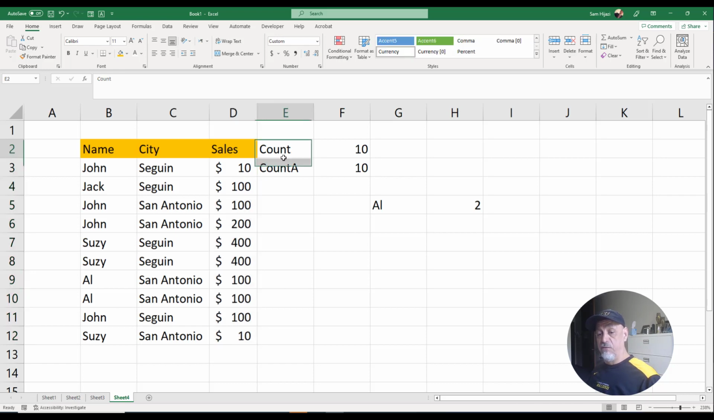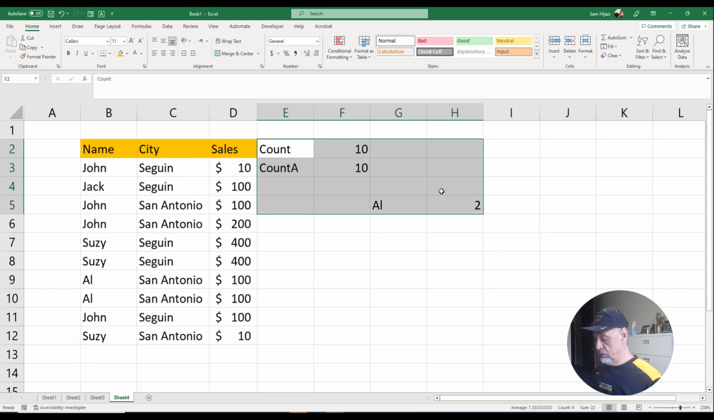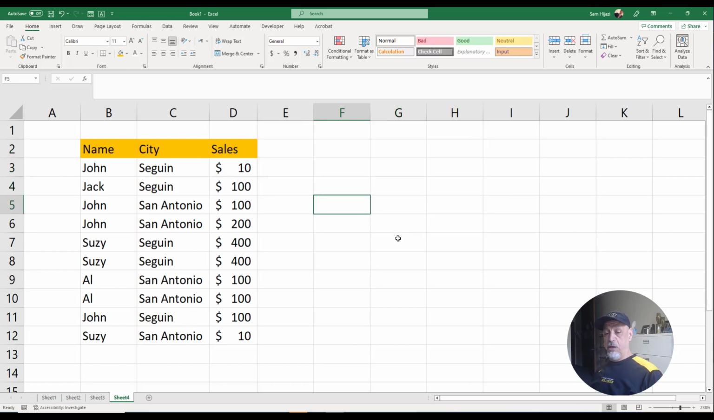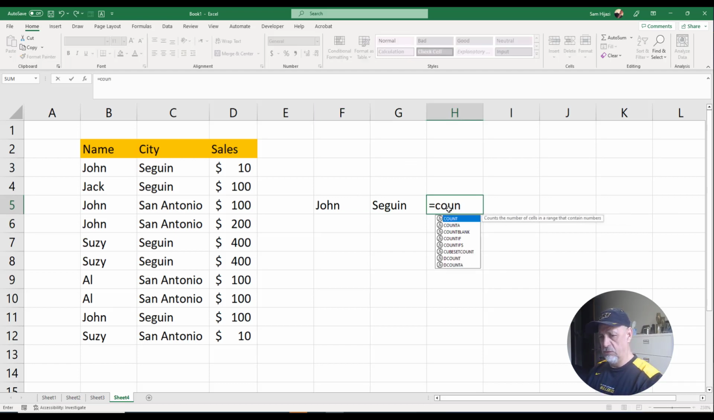So what I'm going to do, first of all, let's go ahead and get all this out for more space. We wanted to count if the name is John at this moment and the city is Seguin. So now, instead of having 1 criteria, we have 2 criteria. We're going to count if the name is John and the city is Seguin. Since we have multiple criteria, we're going to use another function. It's called CountIFS with S at the end, plural. So this is what we're going to do. I'm going to say CountIFS,